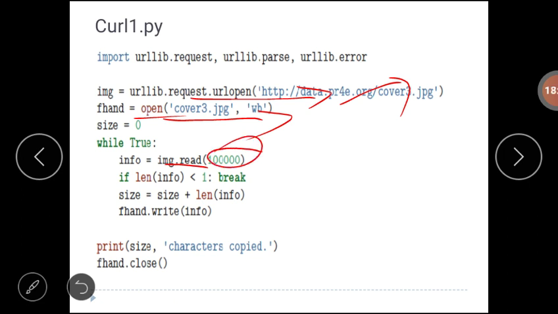Suppose that is end of file or length is less than 1, stop. Otherwise size equals size plus length of information and write that information to the file. Finally, you can print the message: characters are copied to that particular file.